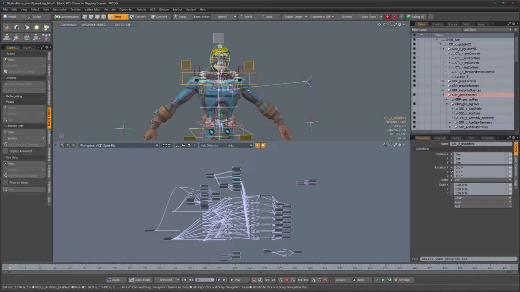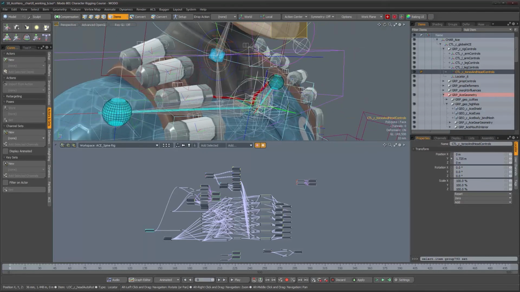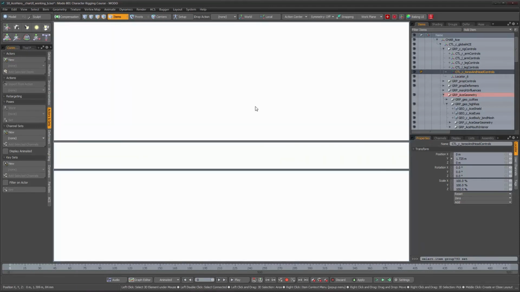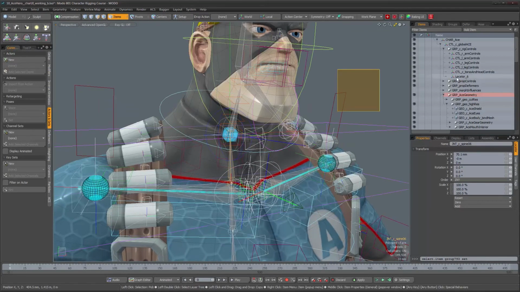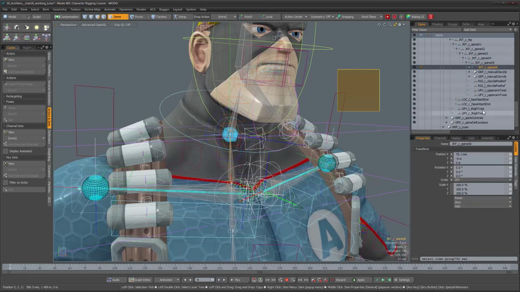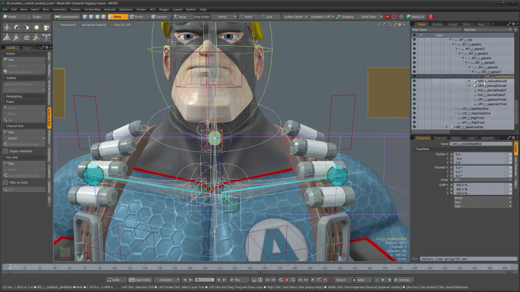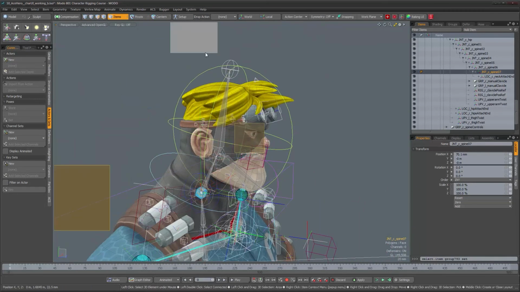So let's see, what are we going to attach him to? I don't want him to move with the head though, only with the torso. So let's find a nice spot along the torso hierarchy. Let's find this guy. So he has spine. We have this neck attach end, but we're using that just to plug another rig component. So I think I'm going to use spine 07 as this guy's